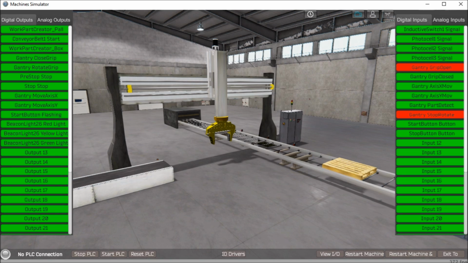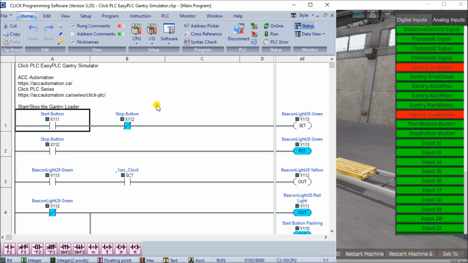So once we have defined and we can activate those outputs and determine exactly what we need those outputs to do, then what we can do is take a look at the inputs and outputs from the Click PLC. And if I open up the software for that, here we go. On my Click, here we go. And you will see that if I look at my